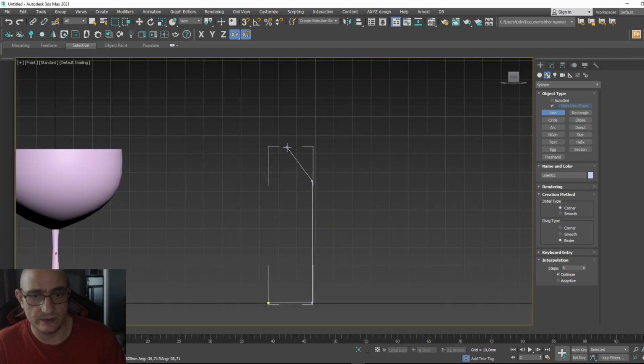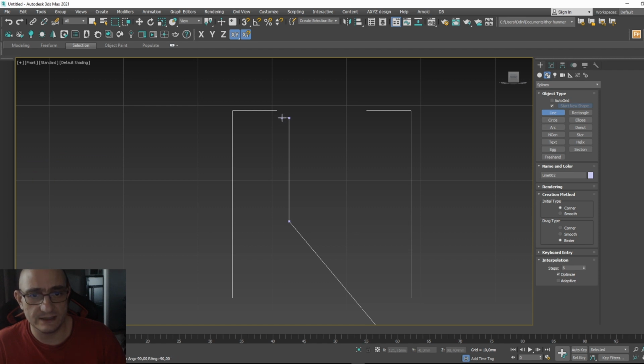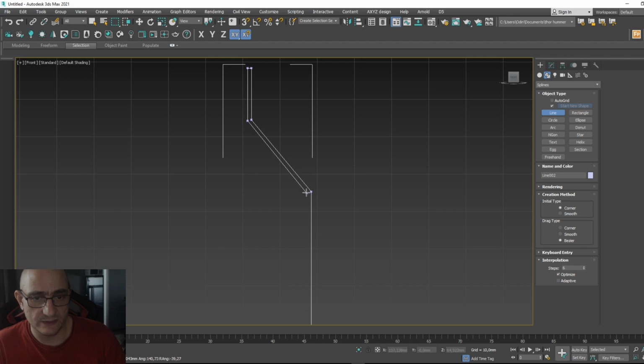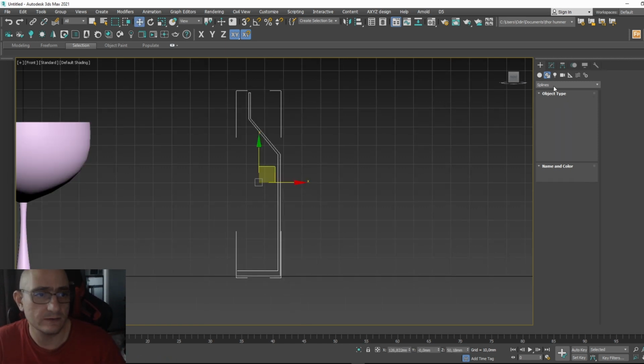Don't worry about the curvature right now. You can just do it very roughly. And then you add the thickness here, like an inside wall. You don't close it here. You just right click,